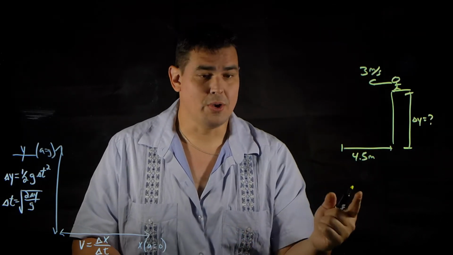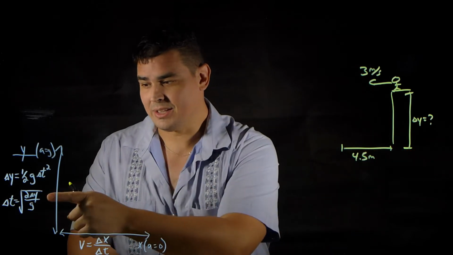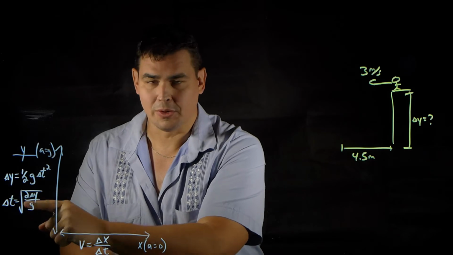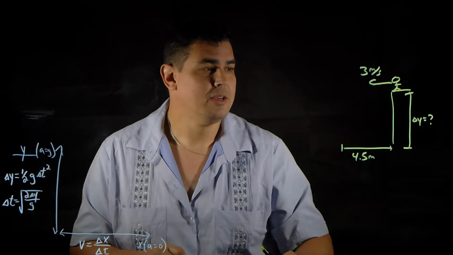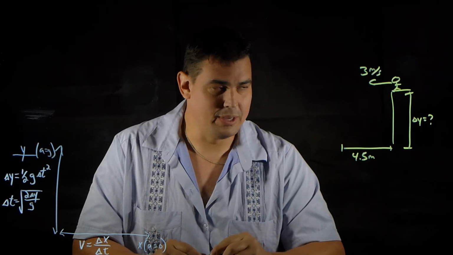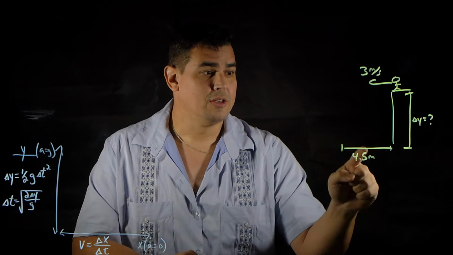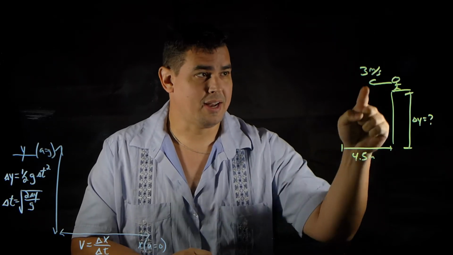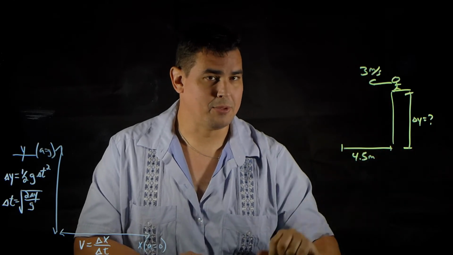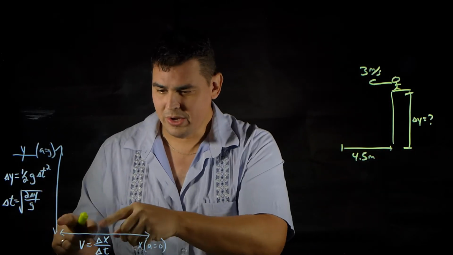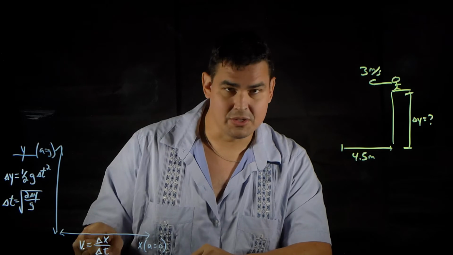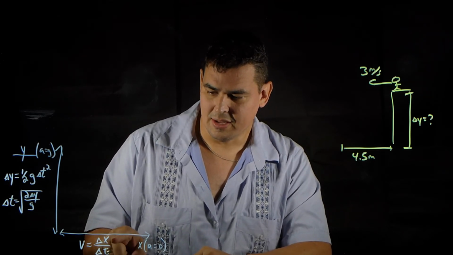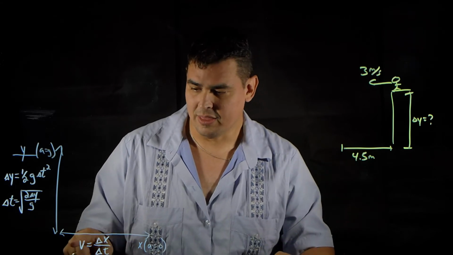Notice we don't know the height, so we can't solve for the time. Normally what we were doing was we'd get the time first from this free fall equation. Can't do it that way. So how do we approach this? Well, you've got to look at what you have. I know the x displacement and I know the velocity, but I don't know the time or the height. So when you look at these equations, what do I know? Well, I know two of these three right here. So I can solve by plugging in the displacement in the x dimension and the velocity, and I can get